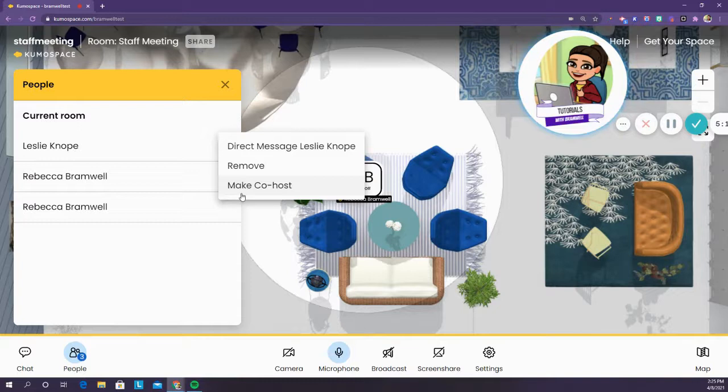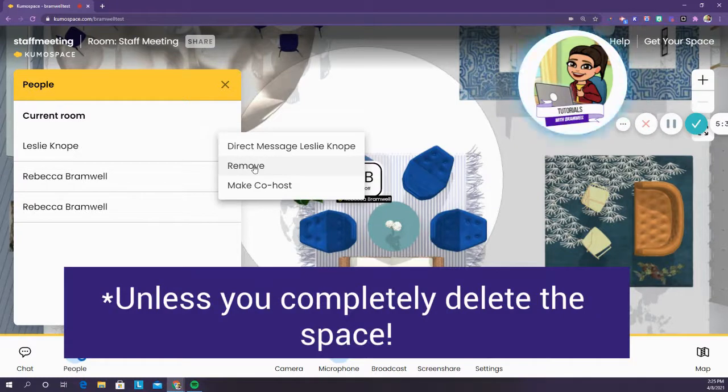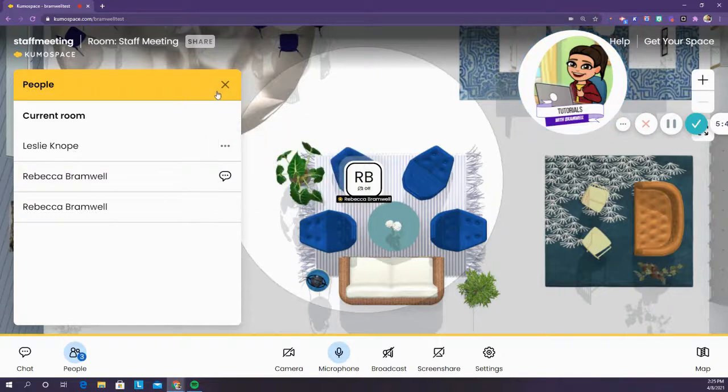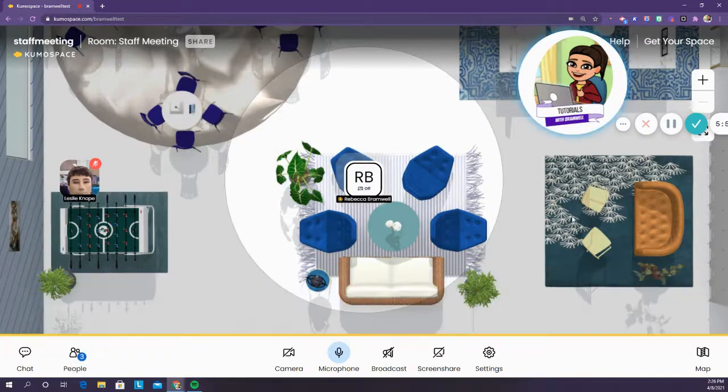If you make them a co-host, such as a co-teacher, then they're able to have all of those same features at the bottom. If you remove a student or whoever from the room, they are not able to re-enter your room. You would have to leave the room yourself and come back. Anyone who leaves the room on their own has the ability to come back. You cannot turn this off and turn off access to your room like you can in a Google Meet. So if you want people to not be able to come back to your room, you have to remove each and every one of them. That's the only thing I'm not really a fan of. But this is a free feature, so